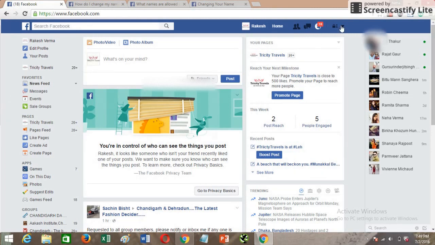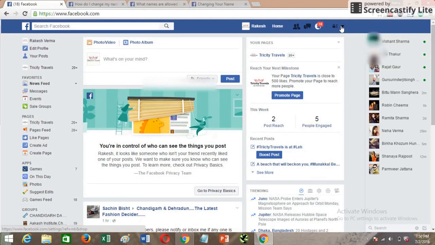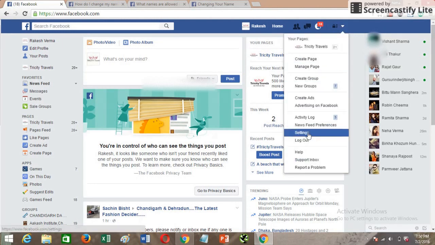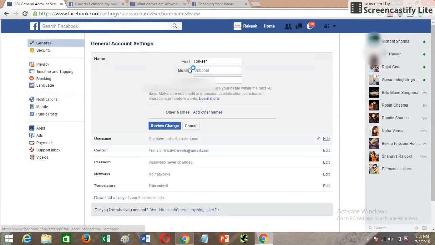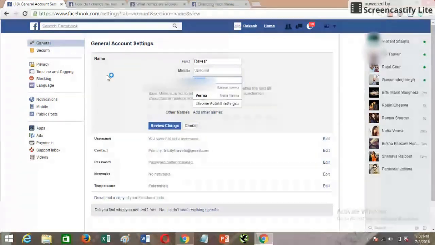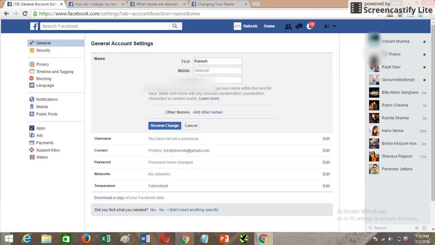Though it's a very basic change, sometimes people get confused about where they'll be able to change their name. So the quickest way is click on this icon and then go to settings, and you'll be able to see your name, username, contact, and other stuff here. So click on the name, and you can choose whatever name you want to, but it has to be according to the name policy that Facebook has, that I'll be explaining later on in this tutorial. So choose a genuine name.